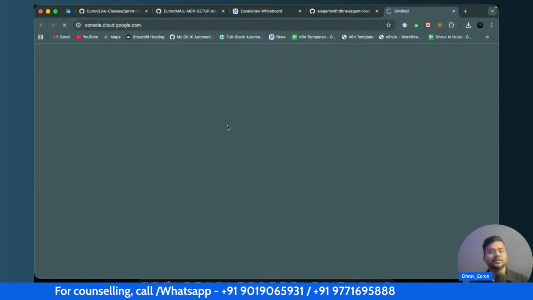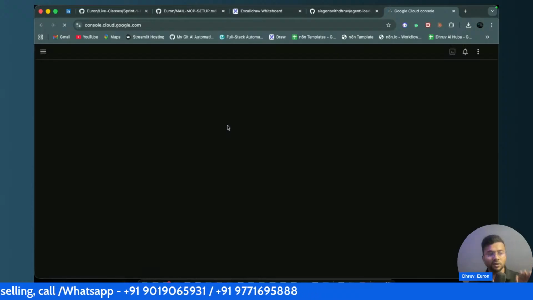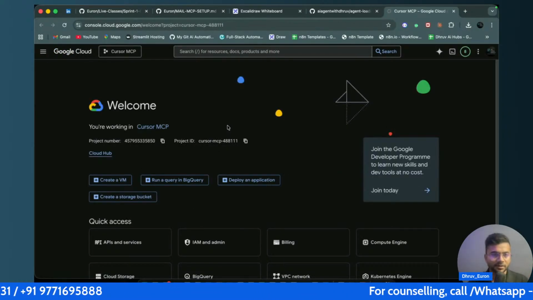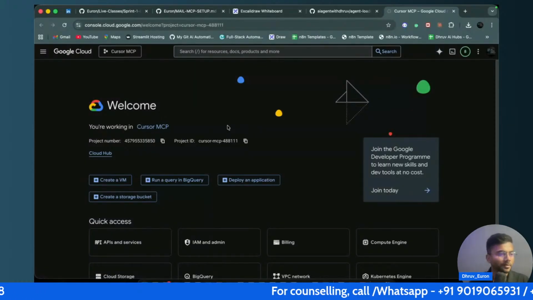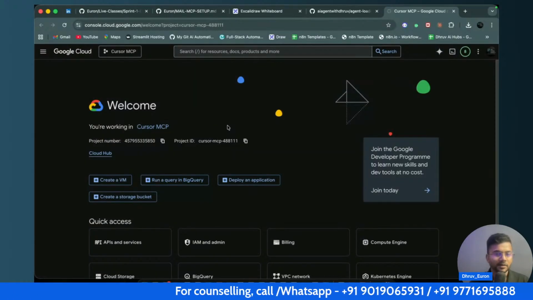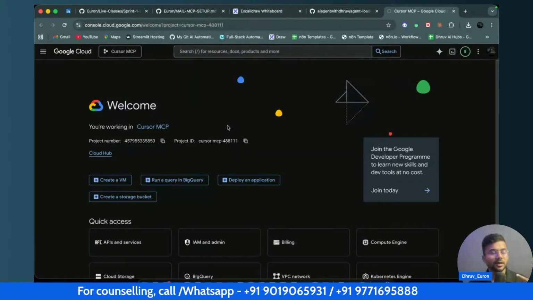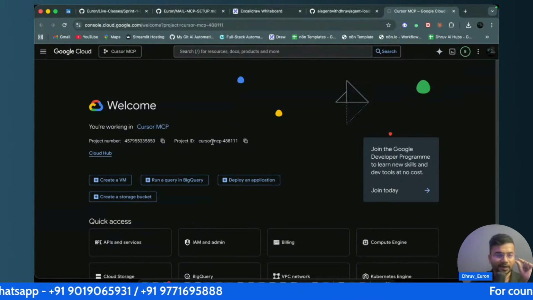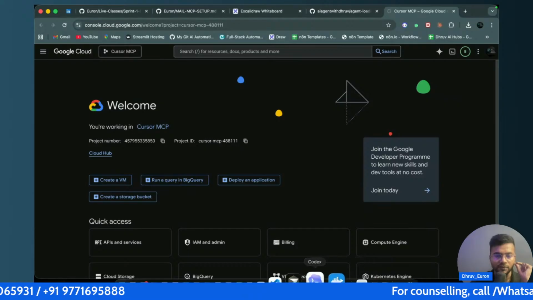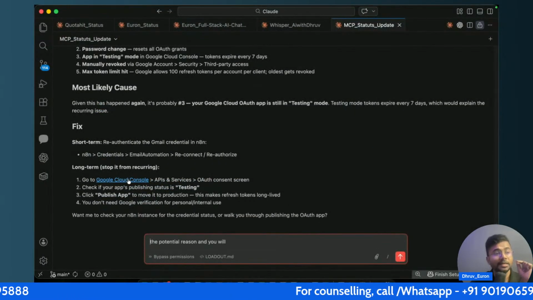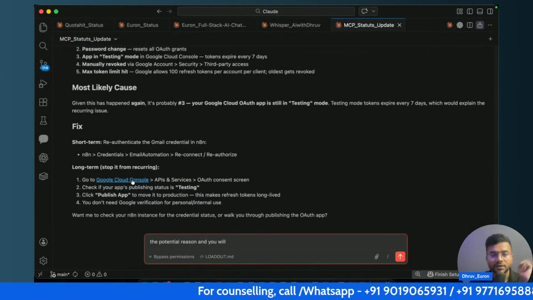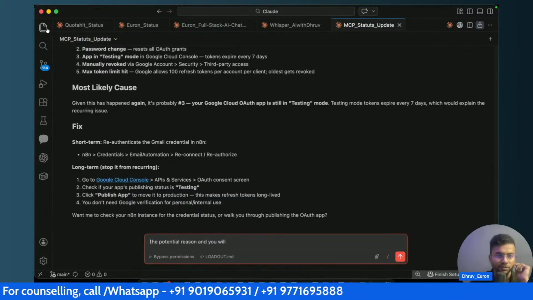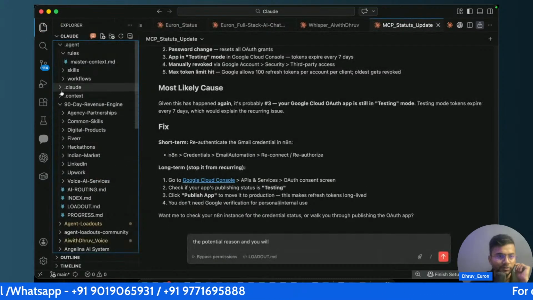So to connect with MCP, this is all you need. Learn it properly, and then you are done. What we need is the proper secret code, and more, the secret code and client ID. That's all we need. So we can connect with any, like if you wanted to connect with your Gmail, your sheet, your drive, in that case we need those credentials. So even if I'll show you as well,